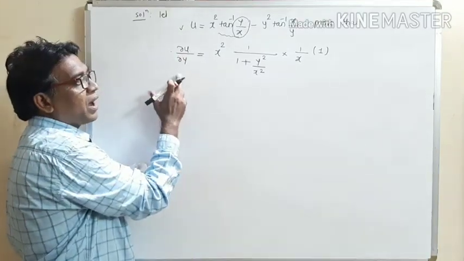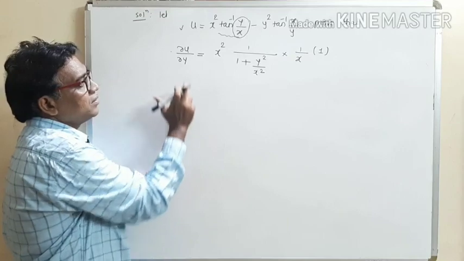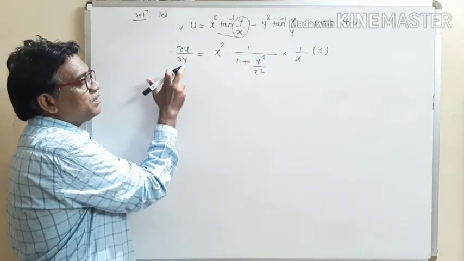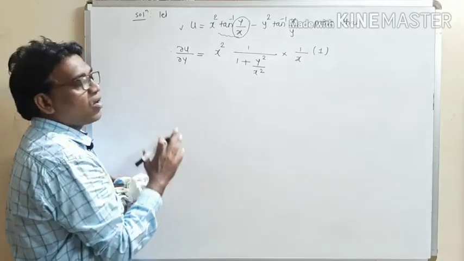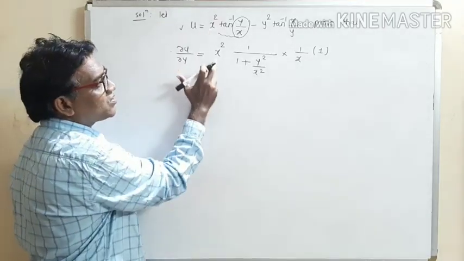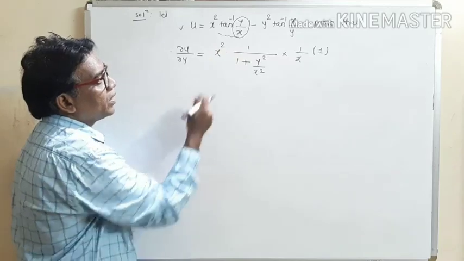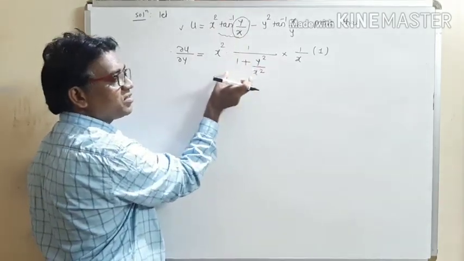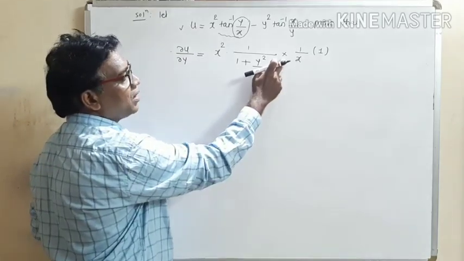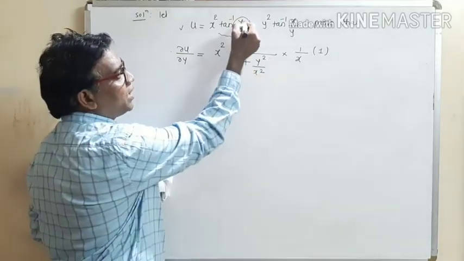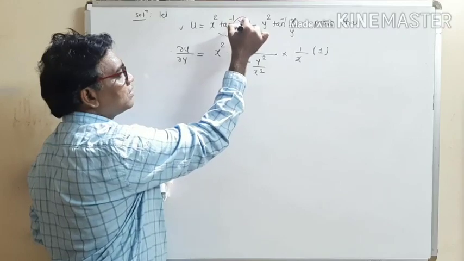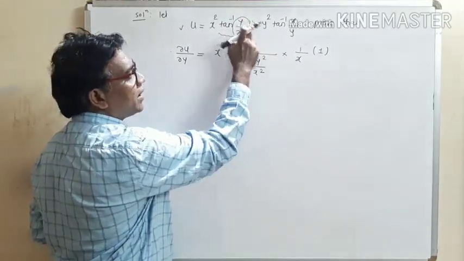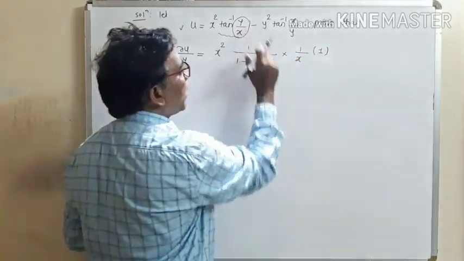Now ∂u/∂y. How to find out ∂u/∂y? Differentiating u, this is our u, partially with respect to y by keeping x constant. So x square, this is constant term, into derivative of tan inverse function is 1 upon 1 plus x square. So this is our standard formula, into, according to chain rule, multiply by derivative of this inner function by keeping x constant. So 1 upon x, this is constant term, and derivative of y, it is 1, minus